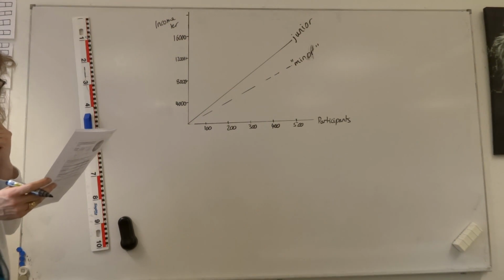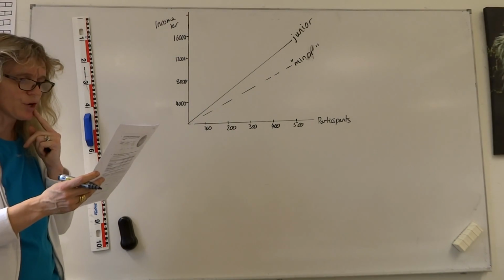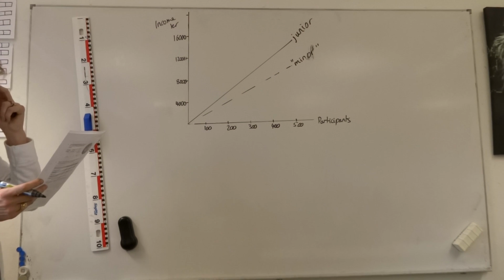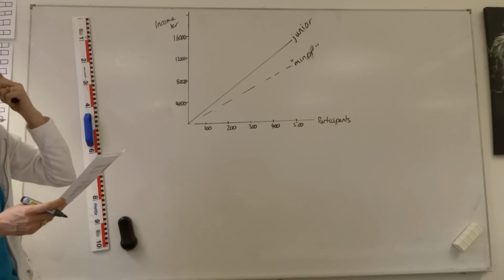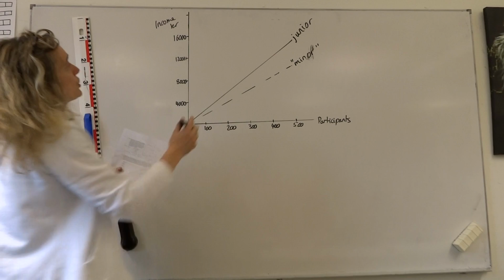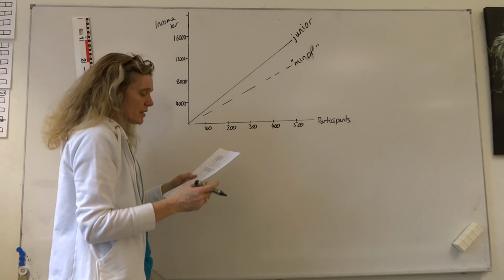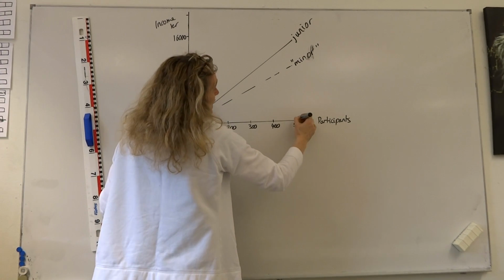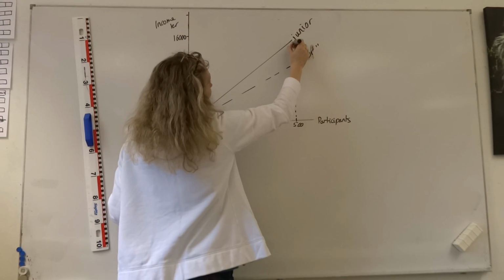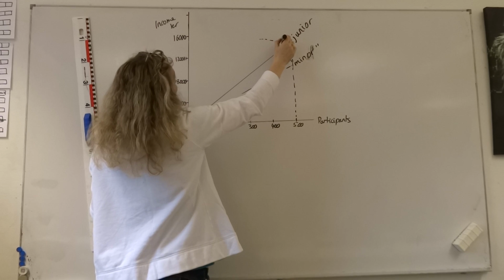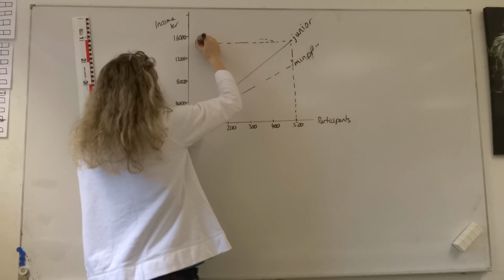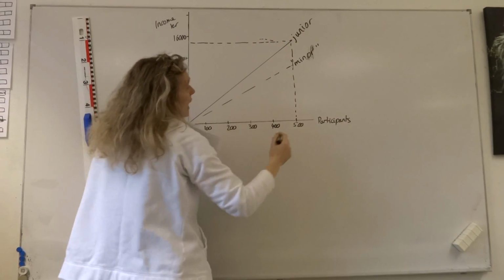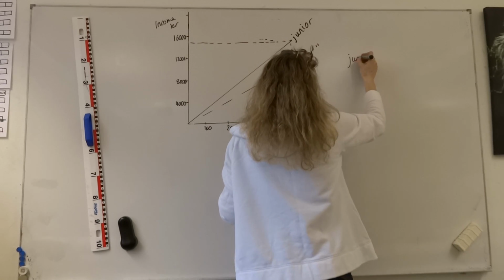What start fee do you have to pay if you're a junior? And what start fee do you have to pay if you're a minor? Well, the easiest way to do that is to take a point where it's easy to read off the graph, and it's fairly easy at the point 500 here. Because if you read back off the graph with a straight line, using your ruler, you actually can get back that for the juniors,